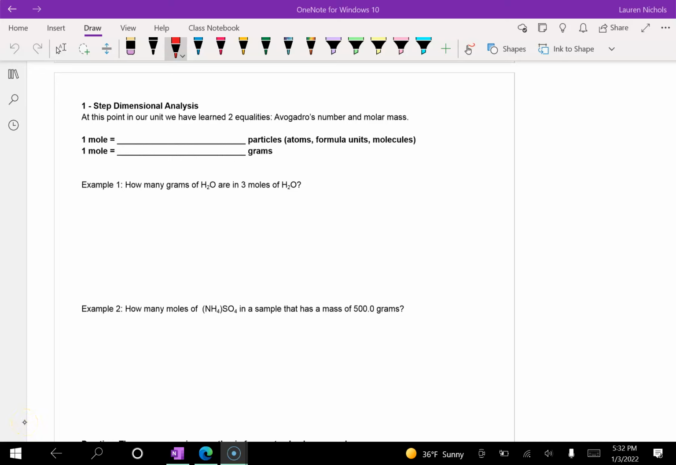Alright, in this video, everyone, we're going to continue learning about dimensional analysis and how to solve these problems. And these are going to continue to be just one-step dimensional analysis problems. So at this point, we've learned two equalities. We've learned Avogadro's number, which states that 1 mole is equal to 6.02 times 10 to the 23 particles, which,